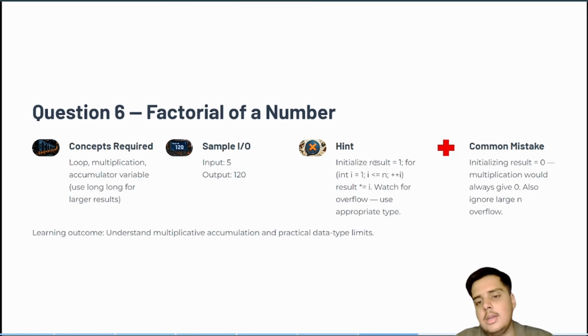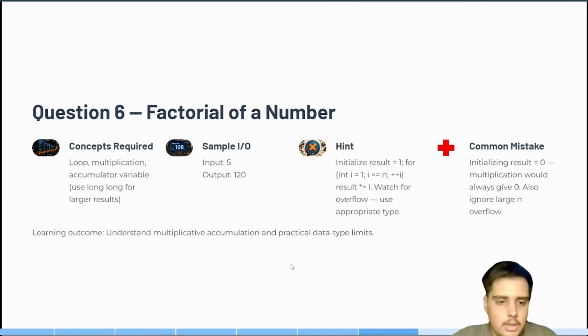Hint is initialize result is equal to 1, and take for int i is equal to 1, i less than equal to n, plus plus i, and result multiplied by i. So it's a very correct way, so we can use it. The mistake can be that we initialize result by 0, so result should be initialized with 1 only.